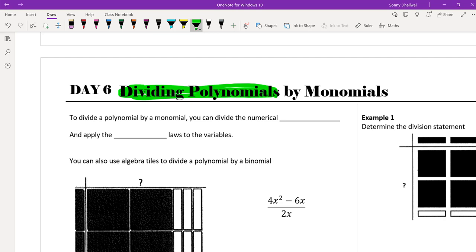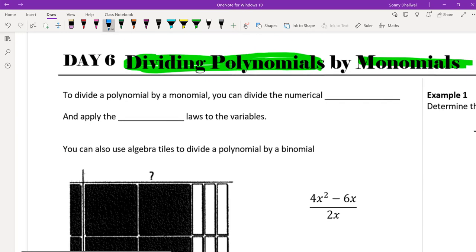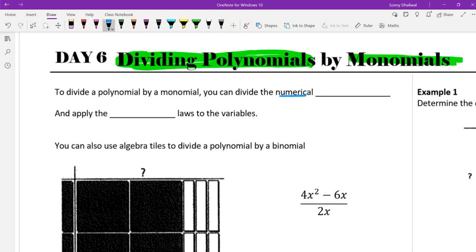We've done dividing terms before. This time we're dividing polynomials. So dividing many terms by one term. Right? So the rules stay the same. So if you have a number, we call those coefficients. What we do is we divide the coefficients. Right? And we simplify the fractions. Right? Then we also apply the exponent